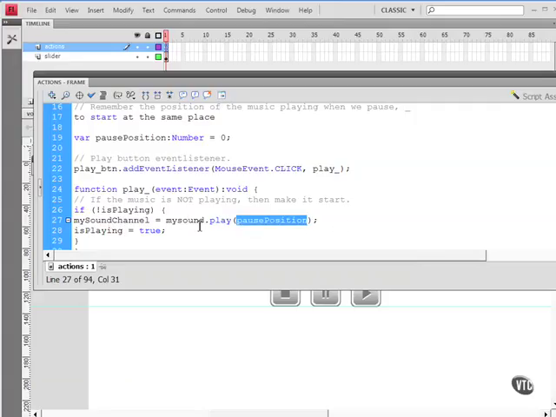The play method has a parameter that tells Flash when to start playing. That's going to be a number. 0 will play it from the very beginning. 1 will play it from 1 millisecond. 1000 will play it from the first second into the song. Don't forget the various syntax elements here, the curly braces and the semicolons. This is that conditional isPlaying. If that equals true,